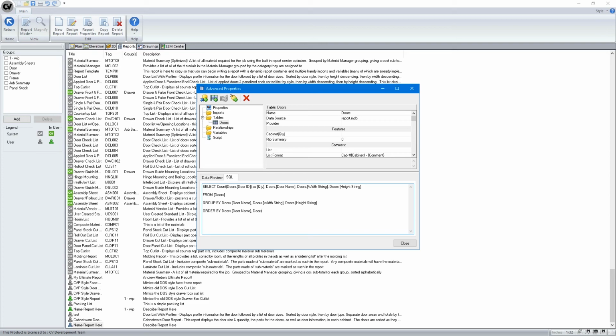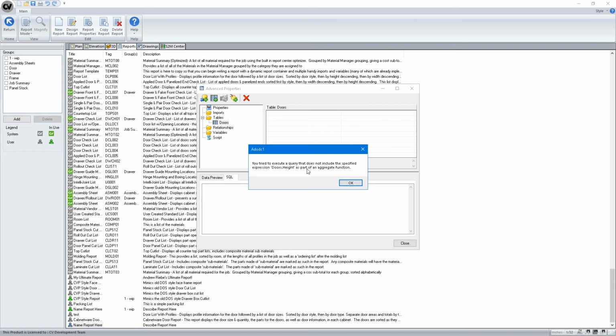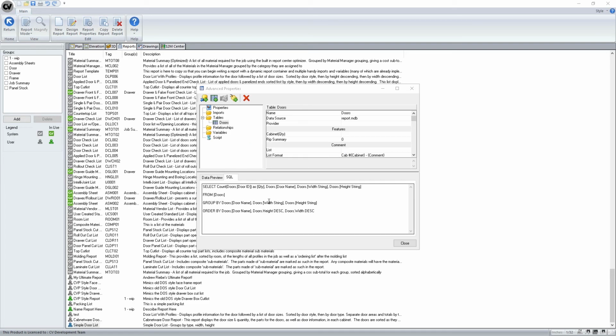We're going to go doors.height descending, so it'll go from largest to smallest, and then doors.width descending, again, from smallest to largest. Now, if I click here, you can see I've got that error again that says that I don't have doors.height as part of an aggregate function. So to solve that, all I need to do is take the doors.height and doors.width, and add it to